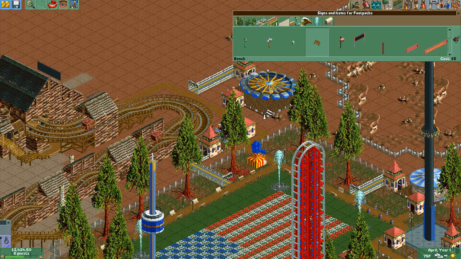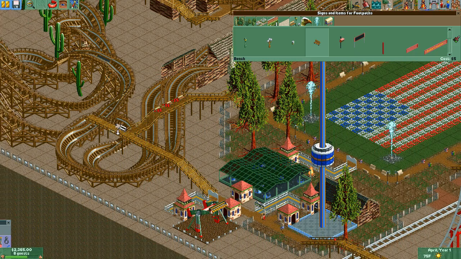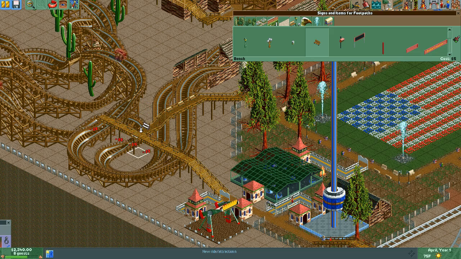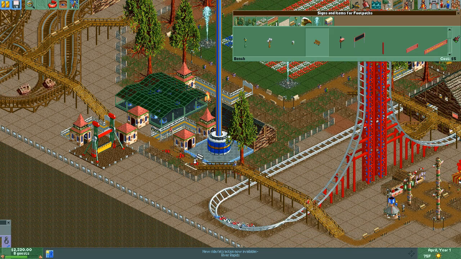This area already has some benches, especially after getting off of rides that are intense or nausea-inducing. It's good to have park benches all over the place. Also good to have park benches on these little observational areas where people can look at the rides. And then we just researched